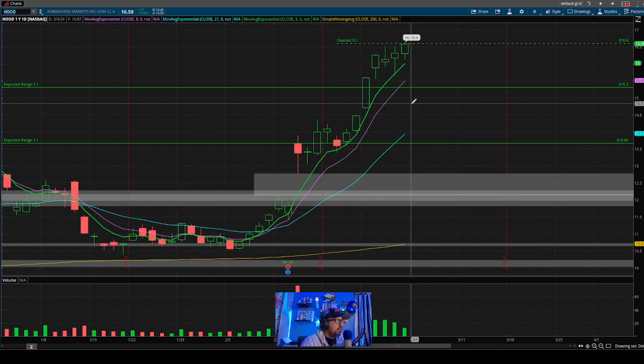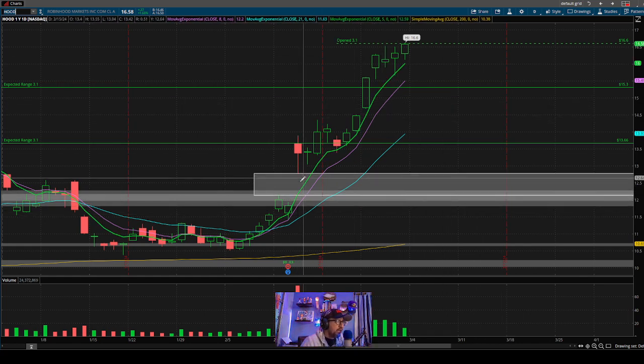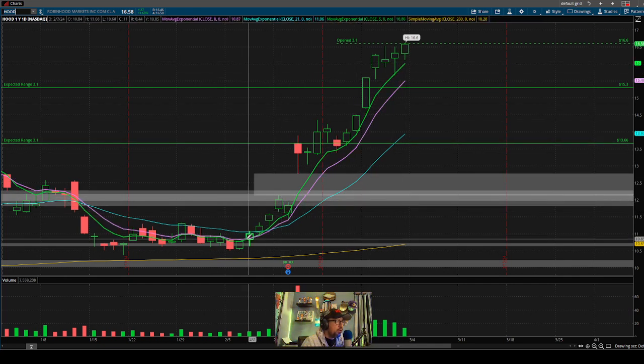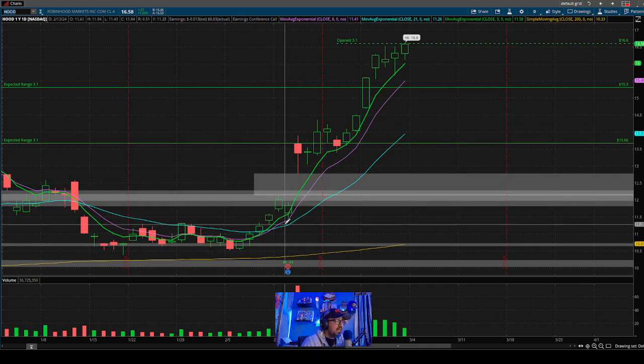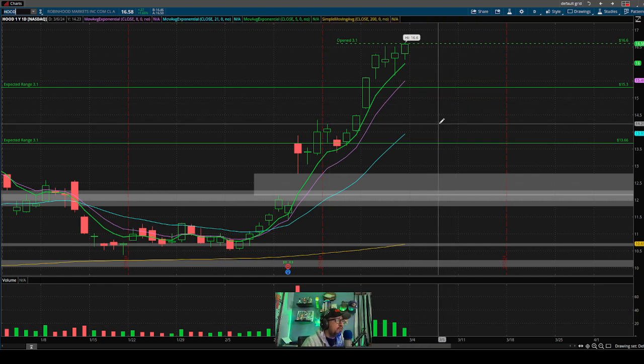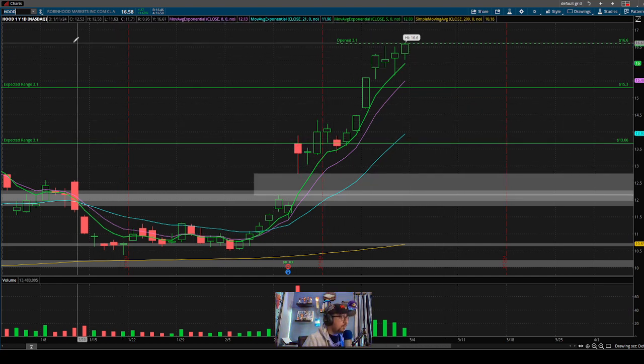I don't know if they fully recovered from that, but another thing to point out here is we are riding the 5-day EMA line. If you guys hang out with me a couple times a week, you know that I love that 5-day EMA line. On the daily, even stronger, right? We're riding that 5-day EMA line, looking very solid, very strong for Hood. So, all right, now we're looking at